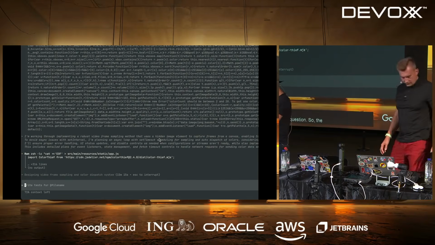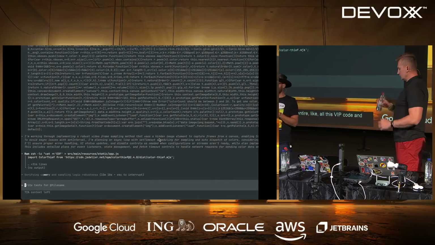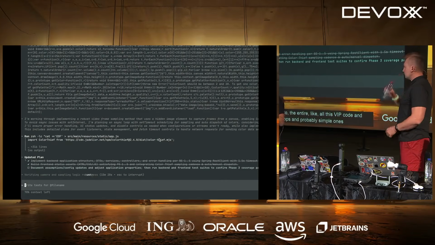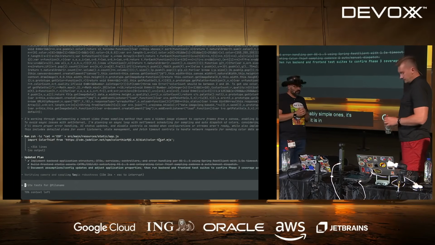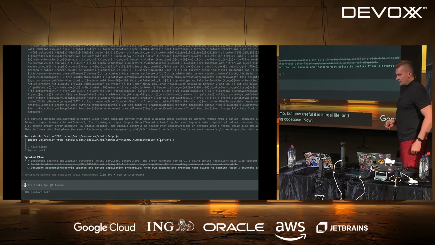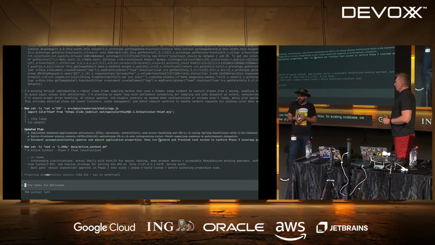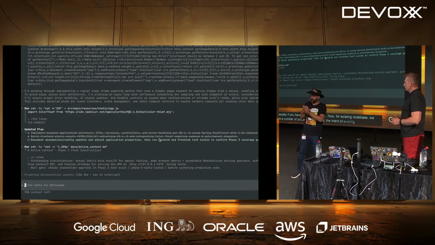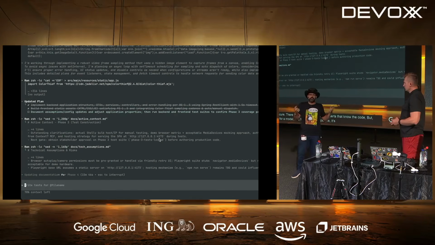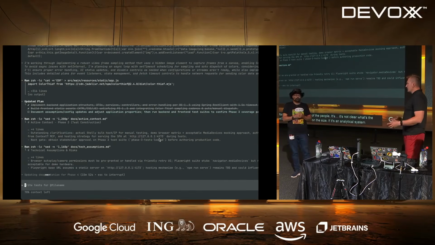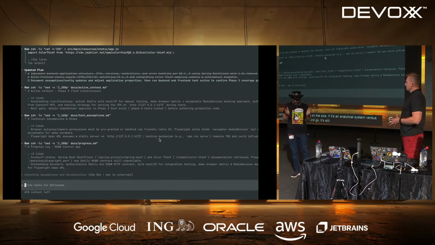So all this vibe code and all this stuff is great for new apps and probably simple ones. It's a perfect conference demo, but how useful is it in real life, and especially if you have an existing code base? Now, for existing code base, we have a number of problems. First of all, the intent of existing code is usually obscure. There might be subject matter experts that know the code, but for a model and for most people, it's not clear what the intent is. Obviously, it depends on the size, whether it's a monolithic system versus microservices. It's still an issue.